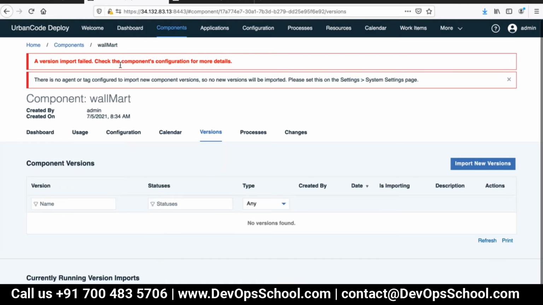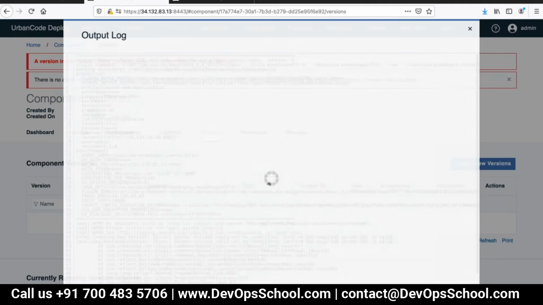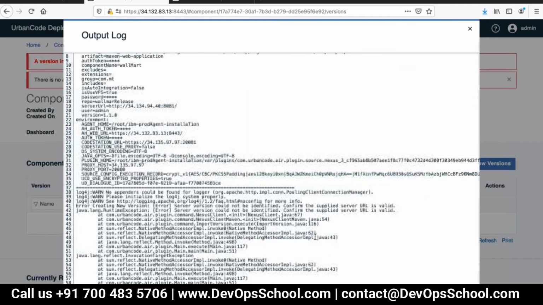We'll go to the logs, under actions. Click on it, that is the logs. It is failing. Why? It says no appender could be found for logger. Warning, no appenders for the Apache log4j logger. Error, server URL is valid.